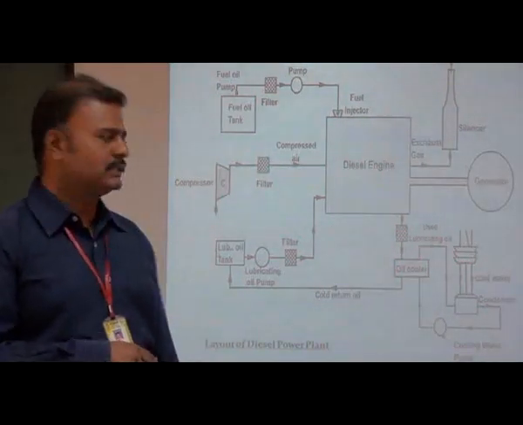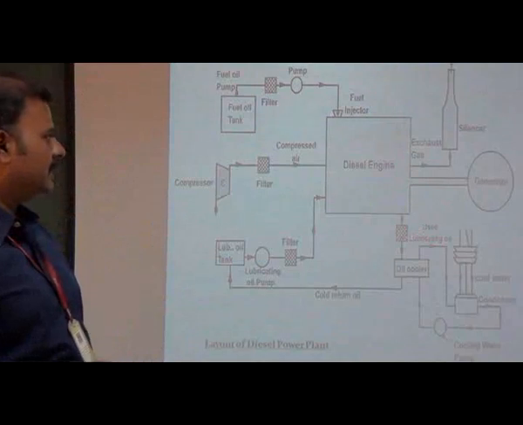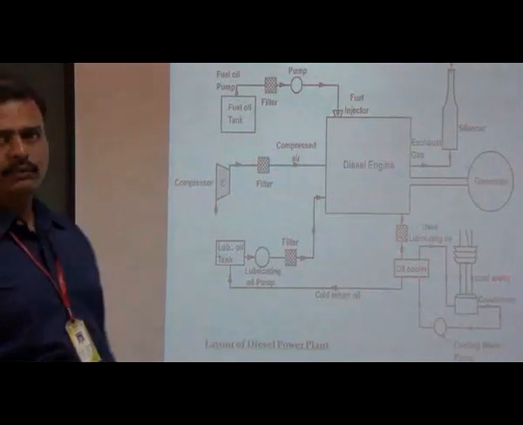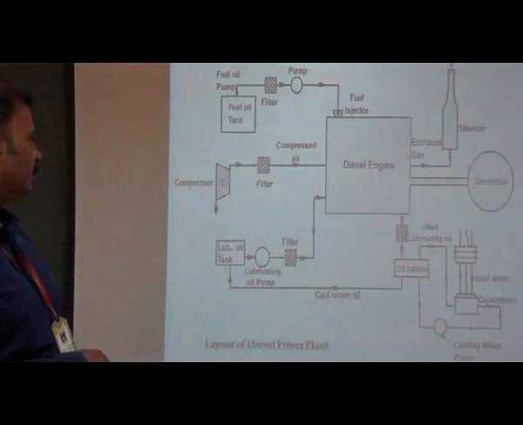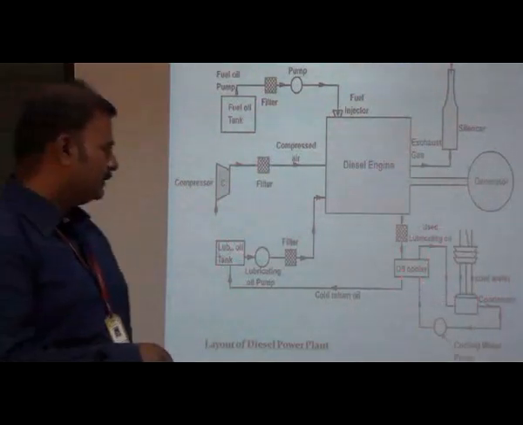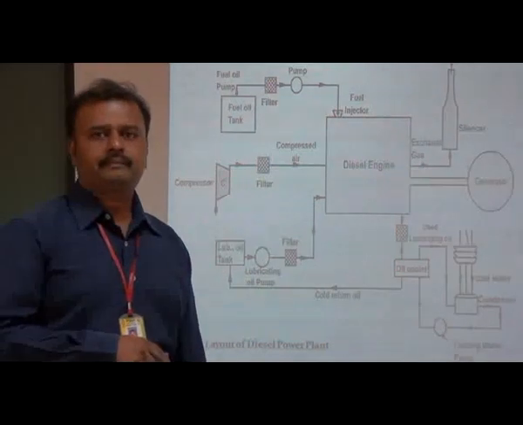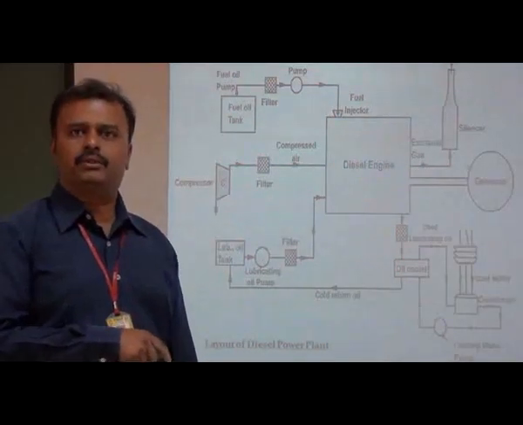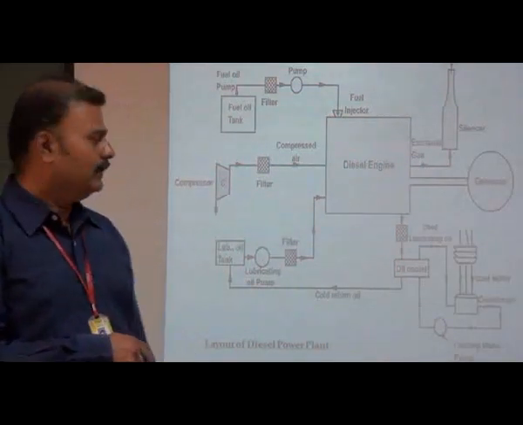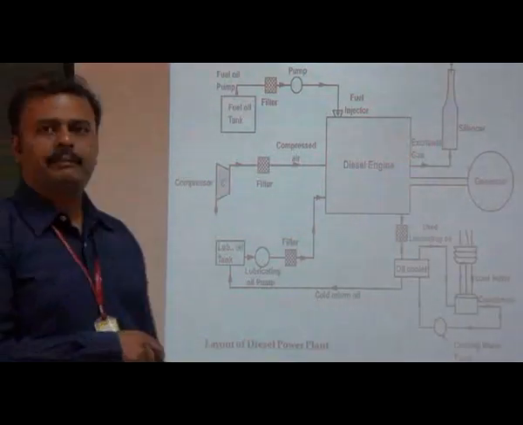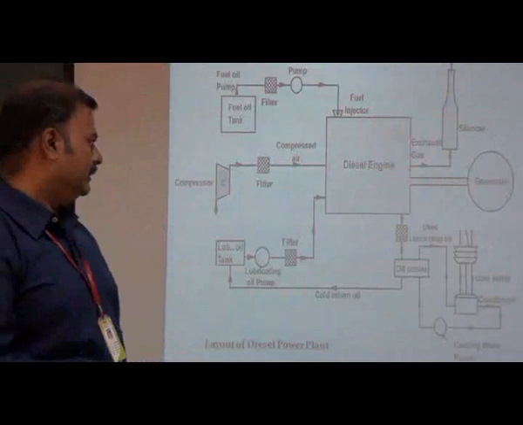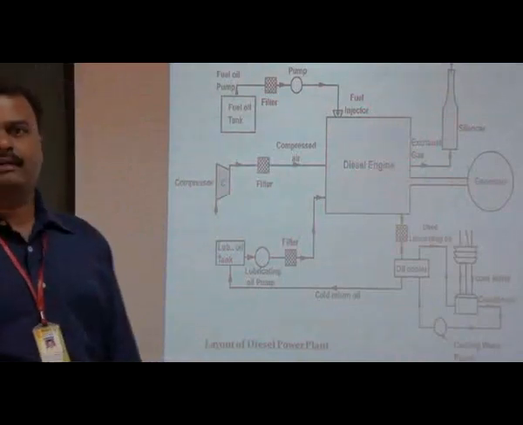That is a cooling water circuit. The heat generated in the lubricating oil is removed by the oil cooler, and again the lubricating oil is returned back to the lubricating oil tank. And this is a separate cooling water circuit. This cooling water circuit is used to cool the oil as well as the engine. So we know that the radiator is for the purpose of cooling the diesel engine. So this is about the working principle of the diesel engine.